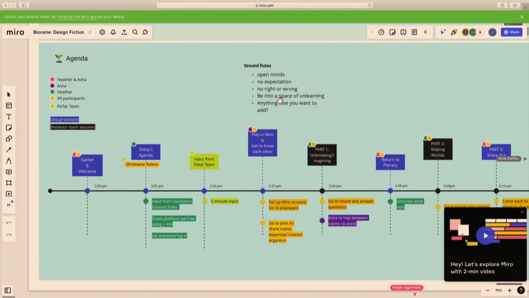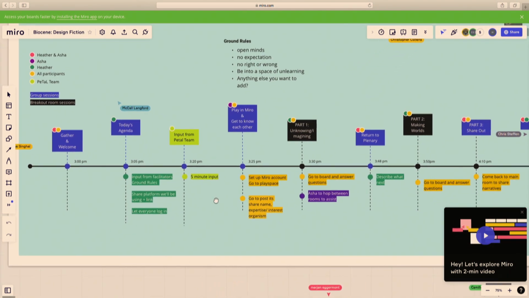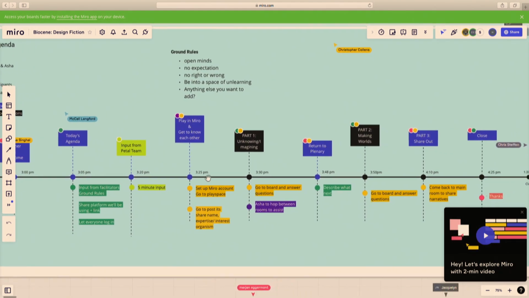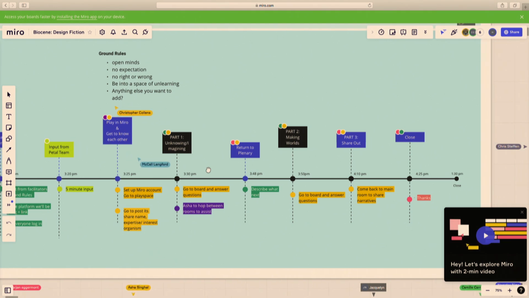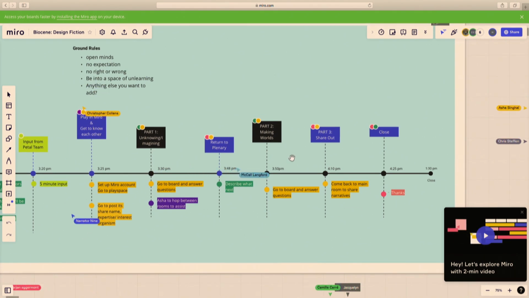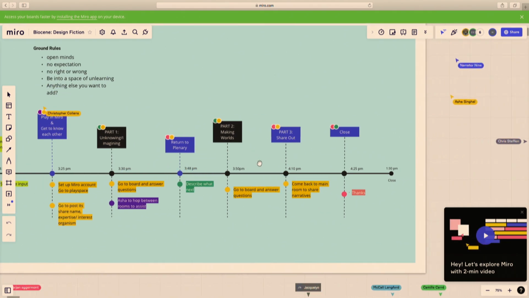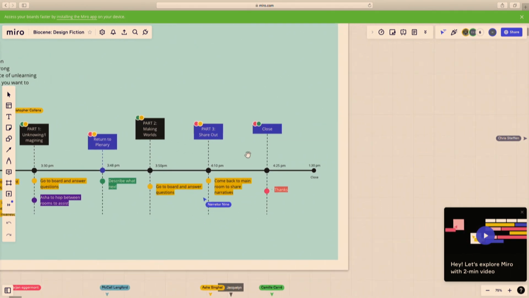Anything people would like to add to these ground rules? No? Okay, cool. We already heard from Petal, so I think you know what that's about, because within this prompt, we're going to be imagining the future of how the Petal tool could be used, as divergently as you want. And that's it. We'll do the icebreaker, which I'll walk you through out there specifically. Then we'll go into the workbooks, and then we can share back, and then we'll go into part 2, making worlds, and then we'll share back whatever parts we think are most interesting. Does that make sense to everybody?